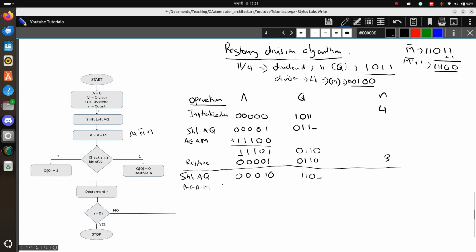So we'll be adding this value here, 1 1 1 0 0. Once we add this, we'll get the result 0 1 1 1 1 1 1 0, and then we don't know the value of this one here. So what we get here is the value 1, which means if we check the sign bit of A, we see that our Q0 should be 0, and then we again should restore the value of A, which means we are going to restore this particular value here, 0 0 0 1 0,